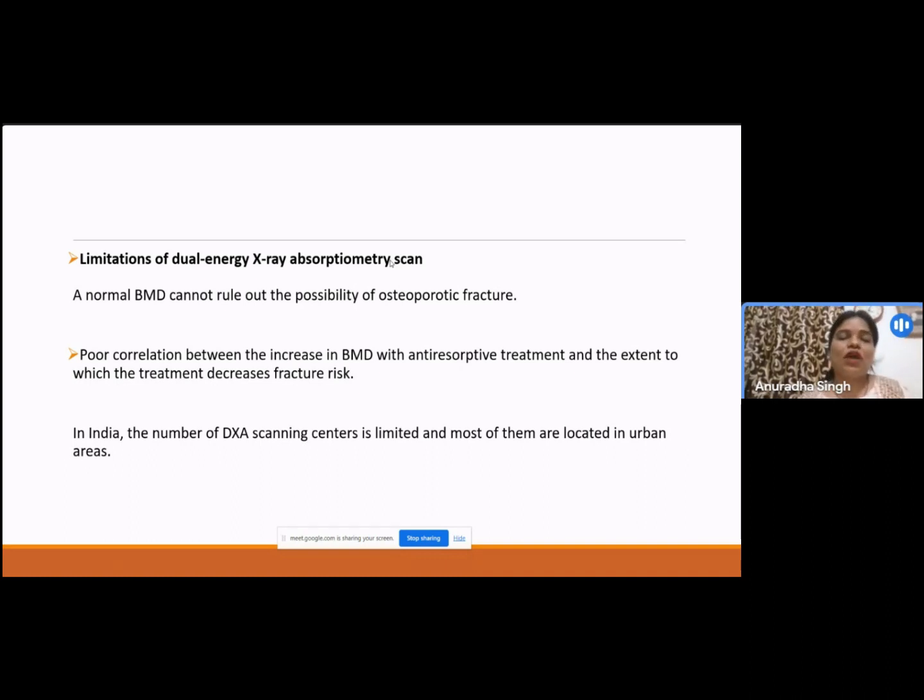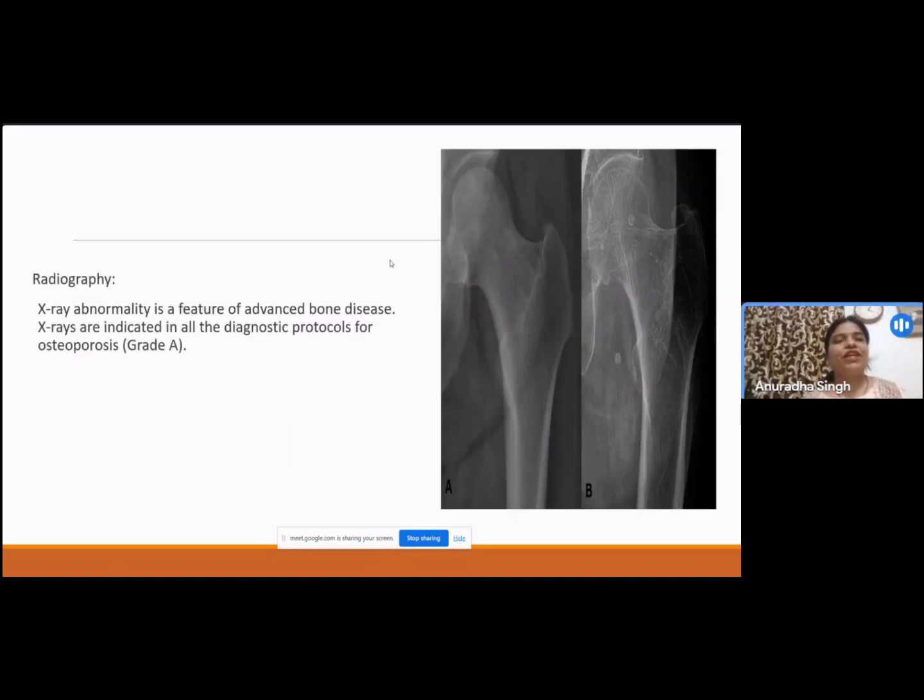In India, we do have a scarcity of these DEXA scanning centers, so these are the limitations of doing a DEXA scan. A simple radiography may help you in these cases, although it is an advanced stage. We can see the difference between a normal bone and an osteoporotic bone. So we can see the more hollow and the more blackening of the bone structure, which is visible on the